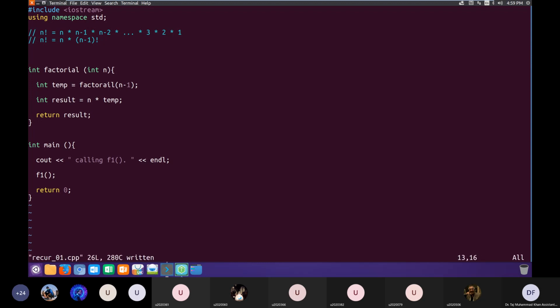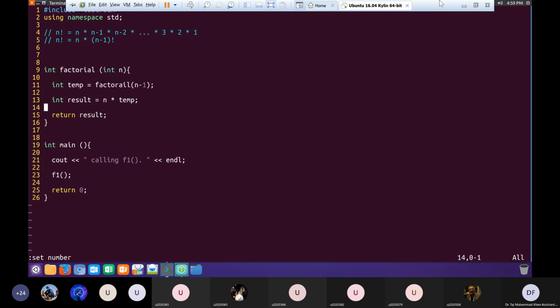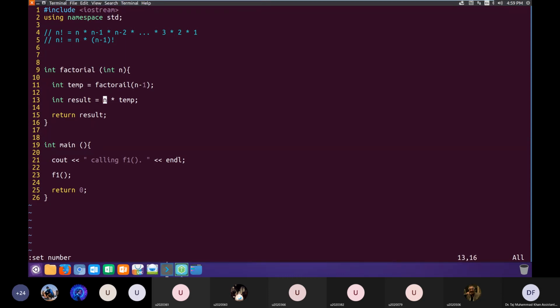Let me put line numbers. Just like we have defined on line number 5, n factorial is equal to n multiplied by n minus 1 factorial, we define this function factorial of n as, the result is defined as, on line number 13, n which is passed to the function multiplied by factorial of n minus 1.